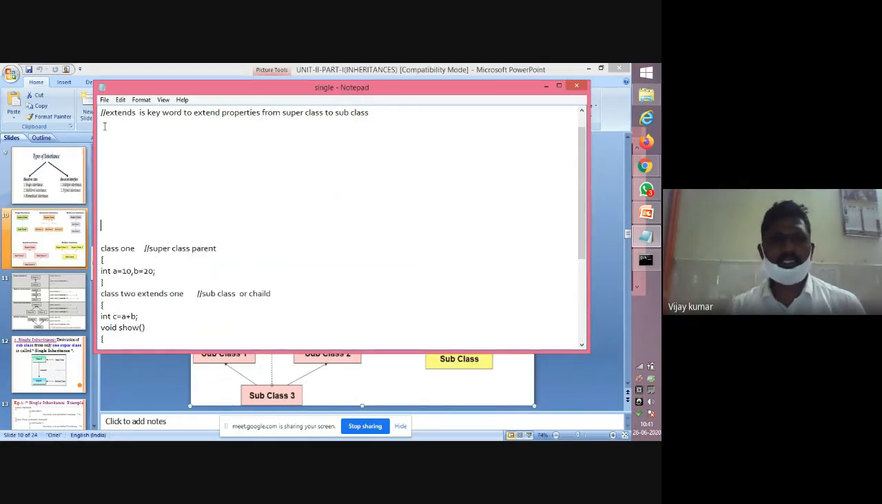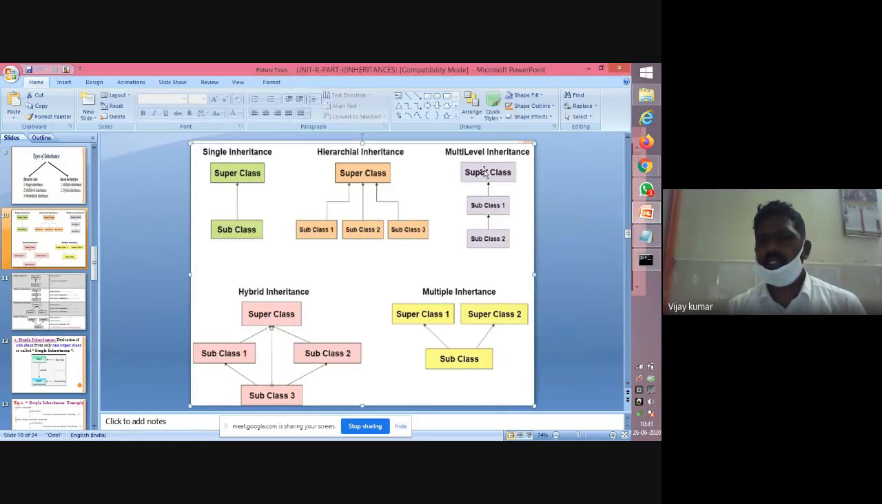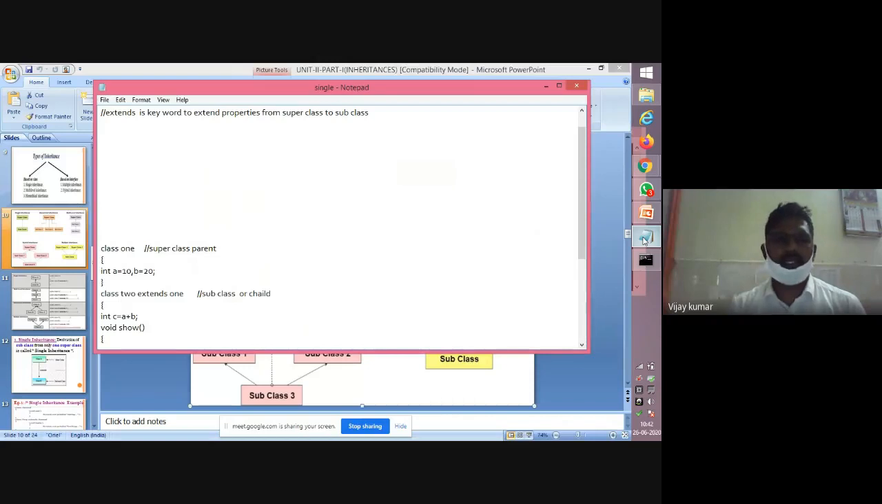Multiple inheritance syntax. So what is the diagram here? Superclass, subclass 1, subclass 2. Okay? Superclass, subclass 1 and subclass 2. Multi-level inheritance. Okay. Class, suppose, A